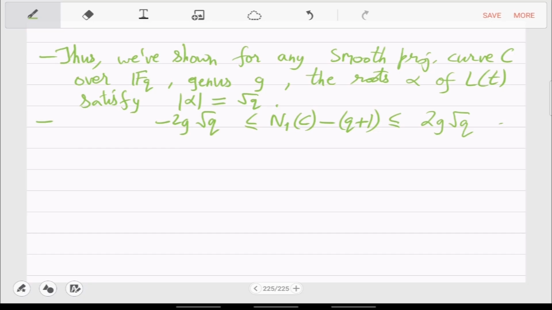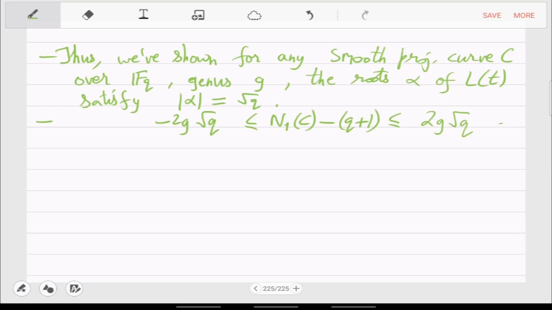Because the L function has only 2g roots, each has norm square root q, so you get the error as sigma alpha i is 2g times square root q plus or minus. Right, that's the major theorem which took 4 months to prove,